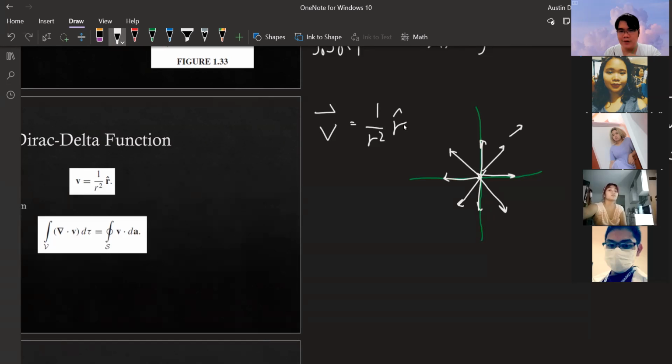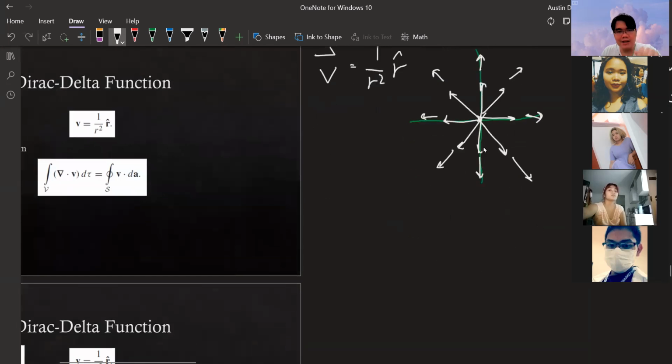So, lagyan natin ng broken line. Ibig sabihin lang humihina siya as you go farther from the origin. Diba? Parang, ito ay parang gravitational field. Diba? 1 over r squared yung gravitational field natin. And as we go farther from Earth, nawawalan ng gravity. Humihina. Okay. So my point is, kapag ginawa natin yung divergence dito sa part na to, dapat it gives us a value. Diba? Kasi ayun nga yung point nung